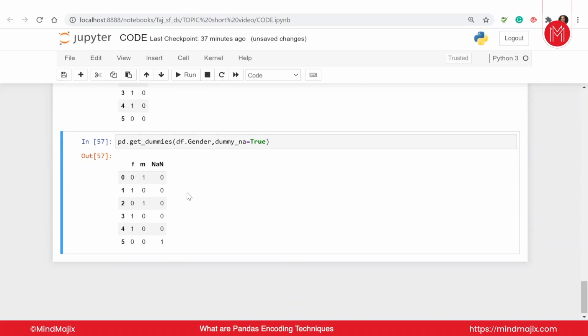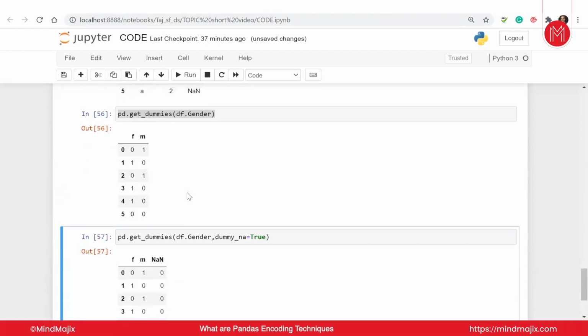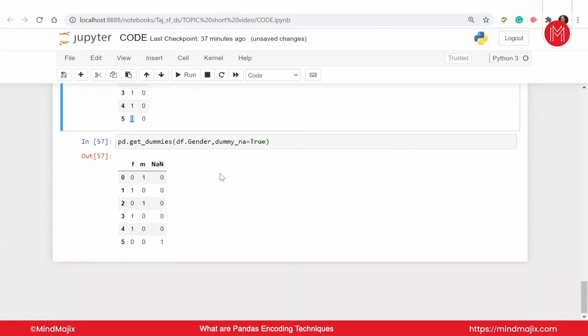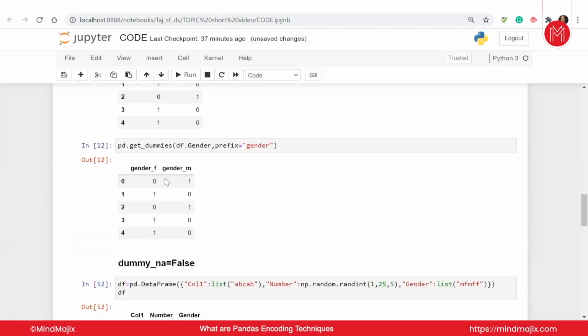So NaN is another column that we have added, which is saying that my NaN value was True in this case. So it considers the NaN value as a new category. By default it drops it. It just doesn't give any value when both are zero. We know that's a NaN value, but when we make it True, it considers it very carefully. That is the get_dummies NaN handler.